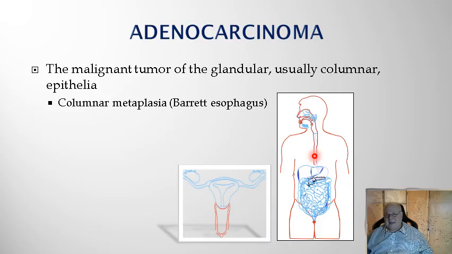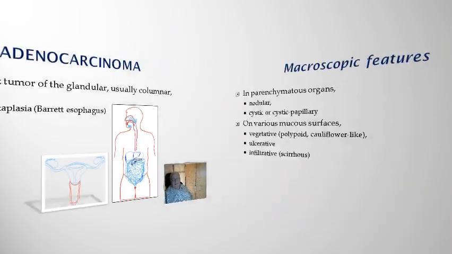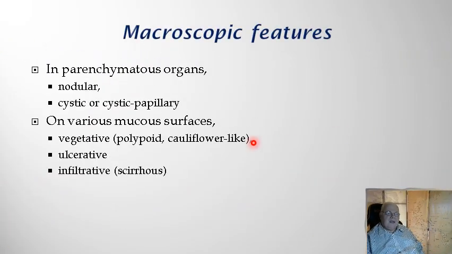Previously affected by Barrett esophagus will generate adenocarcinoma, both of them being, in fact, macroscopically vegetant, ulcerative, or infiltrative. So again, when we have such an esophageal carcinoma in the lower part of the esophagus, we will need a biopsy to have a clue what's there, because both of them look very much alike macroscopically. So they are nodular in the deep, with the only major exception being the surface of the ovary,